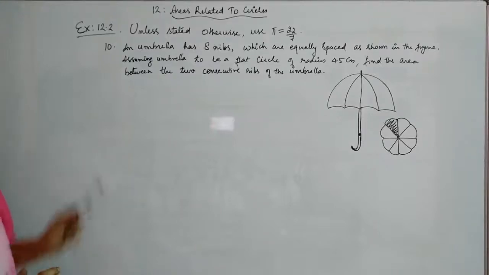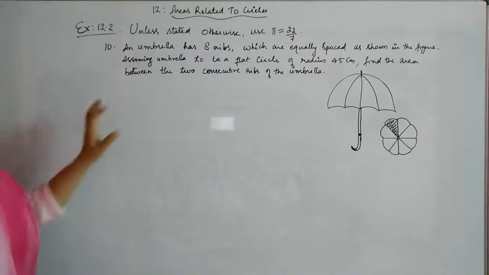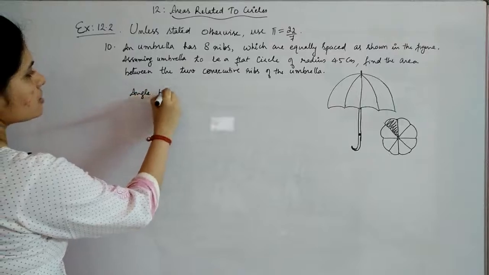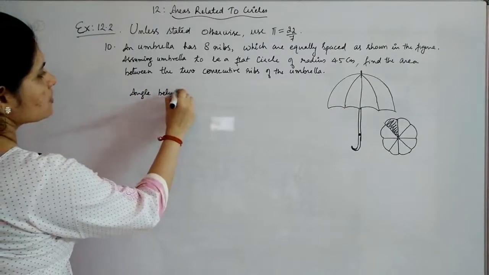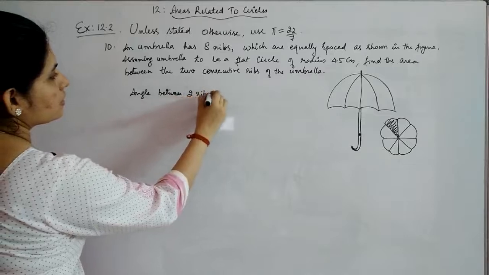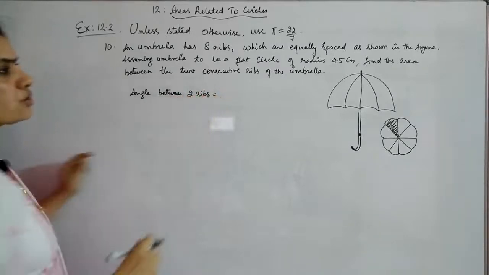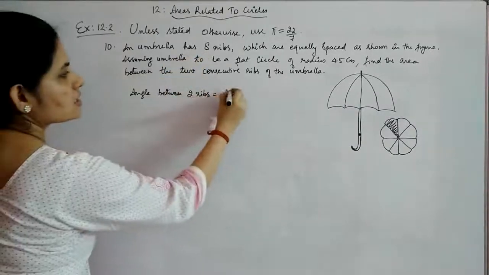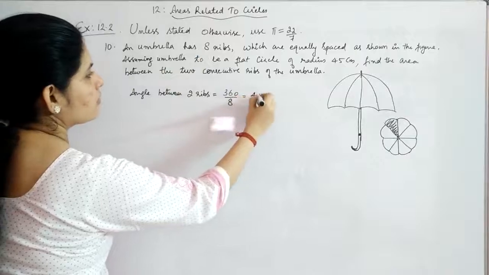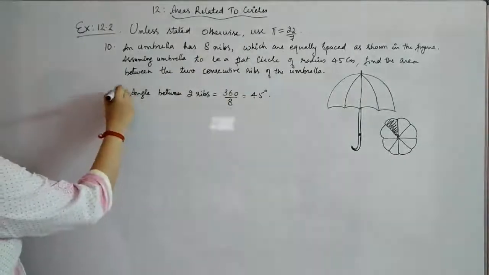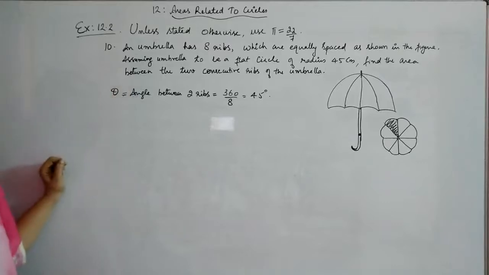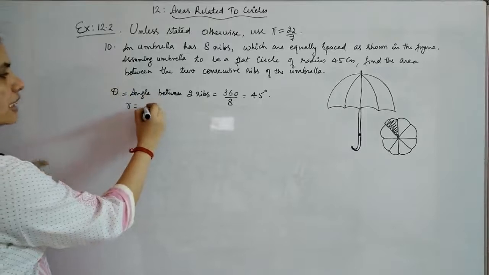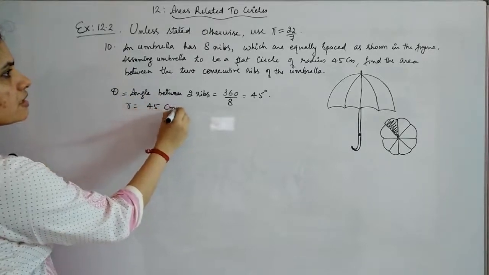Now again we need what is given, r is given. Now what you have to find out is theta. For that, the angle between 2 ribs will be what? In total it is 360 degree, and it has been broken into 8 ribs, means it will be 360 divided by 8, which is 45. So angle, which is your theta, is 45 degree. Now what you need to find out? Area, area of the sector. R is also given to be 45 centimeters.